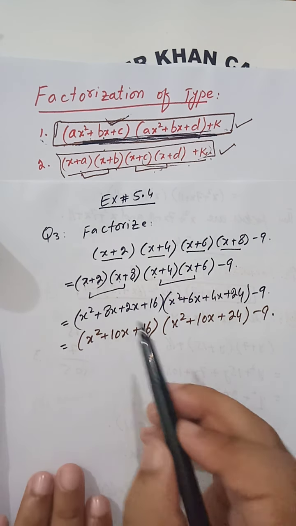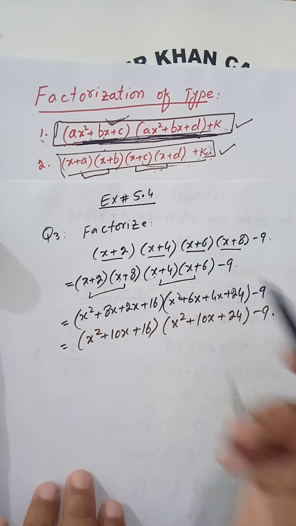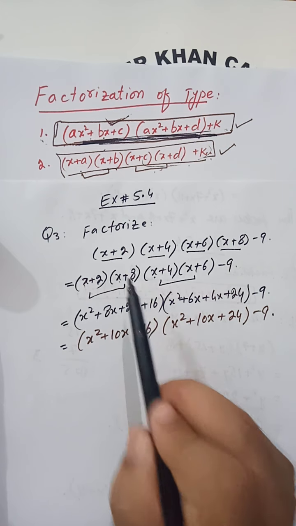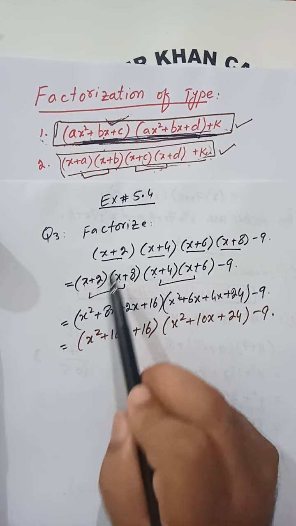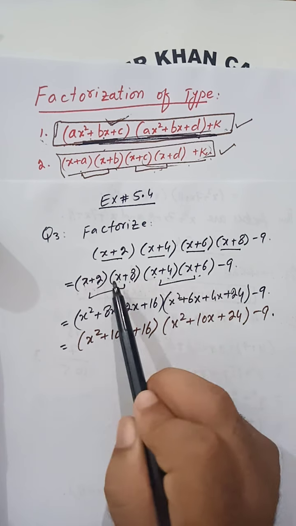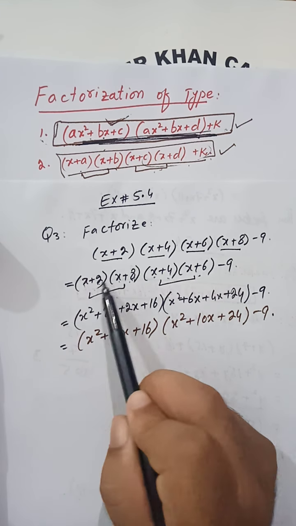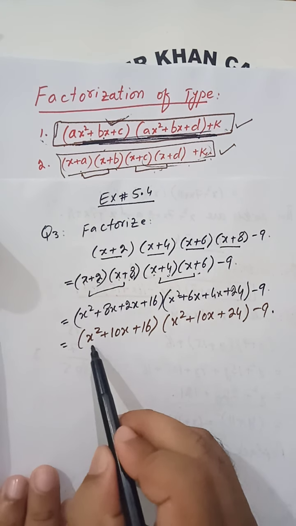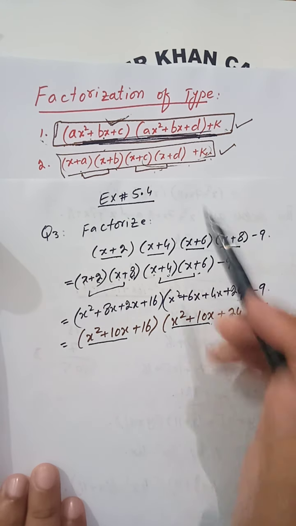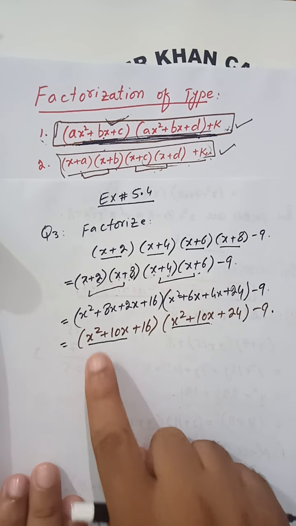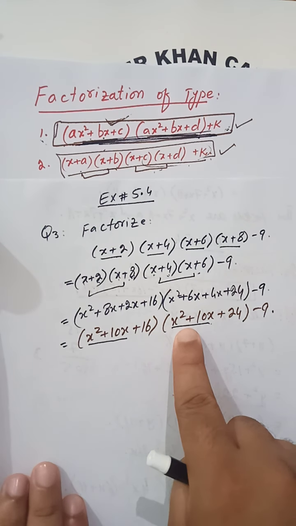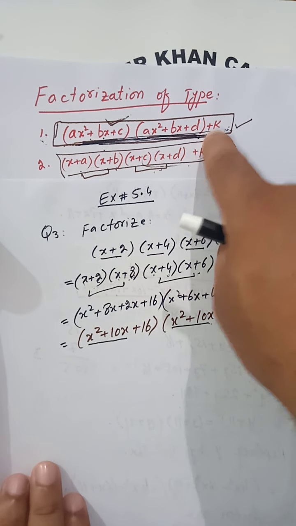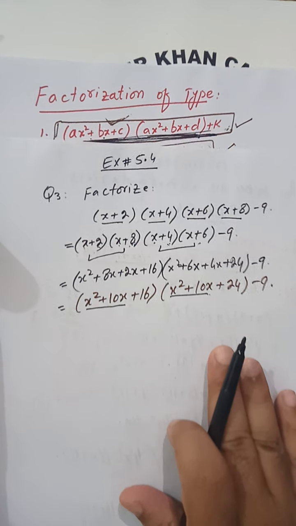So you see that when you write the 4 linear factors that are already in the product in the given question in such a fashion that you multiply these two and these two, you will see the constants 2 plus 8 is 10, 4 plus 6 is 10. So you get algebraic expressions of the type which is similar to this one. You see the first two terms are similar. So actually you are switched to the type 1, which is actually type 4 in your book.